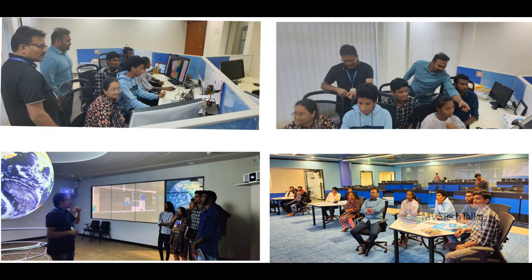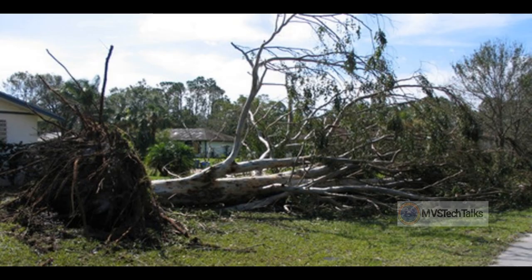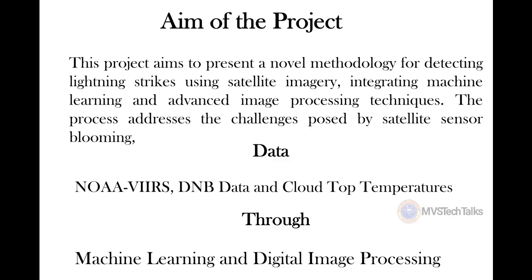We had several visits and we visited a number of scientists, and one of the pioneer scientists, Dr. Sambasiva Rao sir, who specialized in remote sensing. While we were interacting with him, he said that every year 26,000 people are losing their lives due to lightning strikes, and there is a lot of social damage. It's a tragedy we can no longer ignore. That's why we are standing here with a solution. Our project will save lots of people's lives and society.